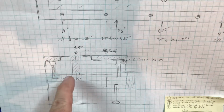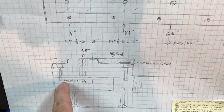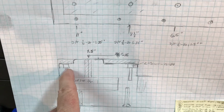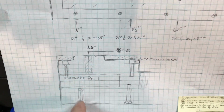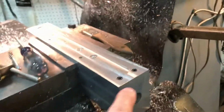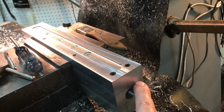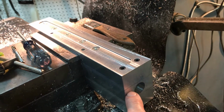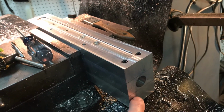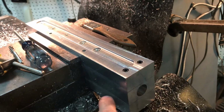I'll show you. I did more like it was going to be on the top. I put some 10-24 countersunk socket head cap screws, and I countersunk them deeply in there, and I'll show you that in a second. So they're deep enough, pardon the panning, they're deep enough, I offset them off center, and they're deep enough that they go down through the first layer of aluminum, that first inch, down into the second layer. And then the top layer will be secured by similar machine screws that will come down, 4 of them